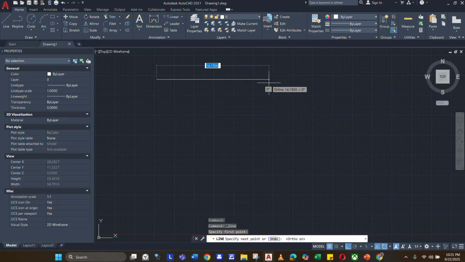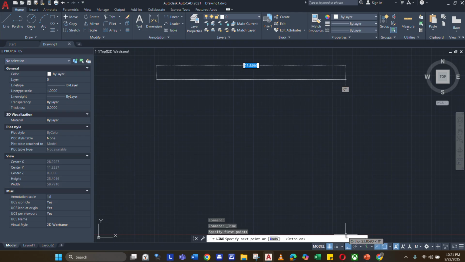Ortho mode means your cursor cannot go anywhere that is not straight, like this one. Even if I move my cursor down or up, its direction should go to the opposite side of the point where it started, like this one. So it makes a line, right?